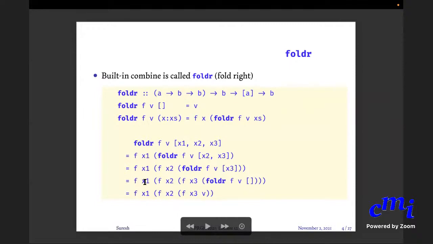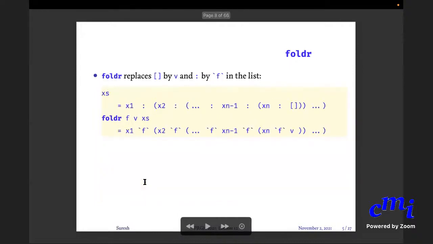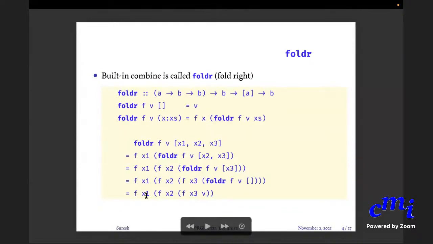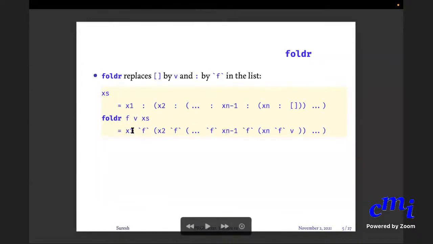If you write it in infix notation, it is even better, because instead of writing it in this manner, you will write it in this manner. You will say x1 f (x2 f (... f (xn minus 1 f (xn f v)))). This is what you will write, and this is precise, and it is very good to look at this form of the expression, because this corresponds exactly to this.